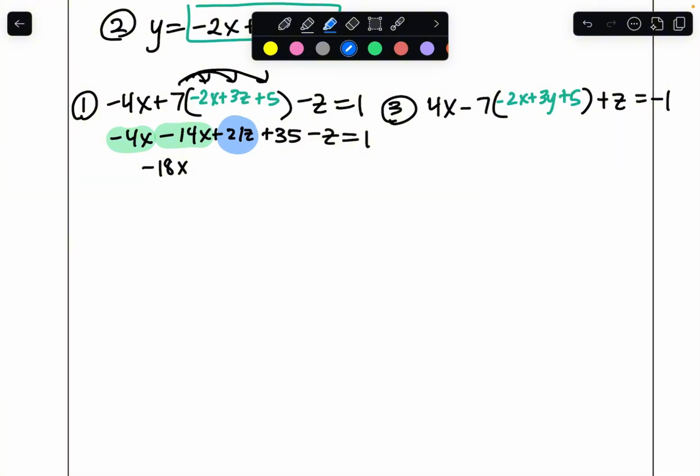And so we can combine 21z minus z to get 20z. And then move your 35 to the other side. So minus 35 from both sides